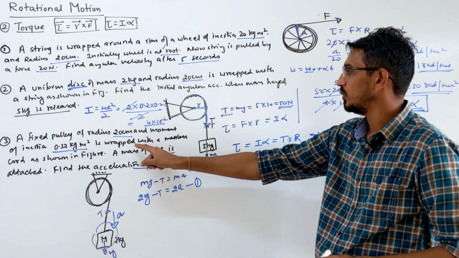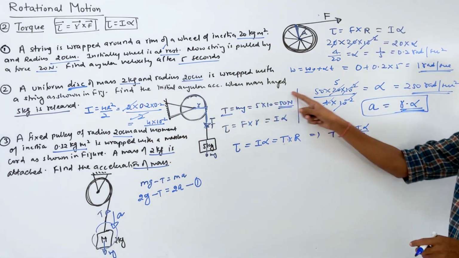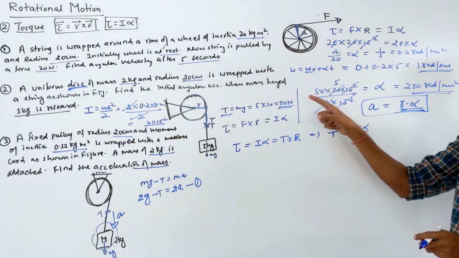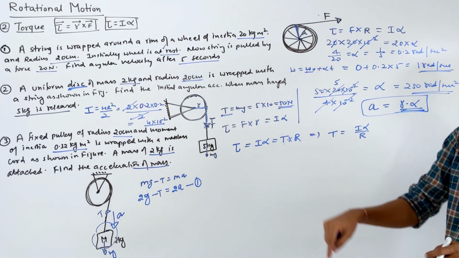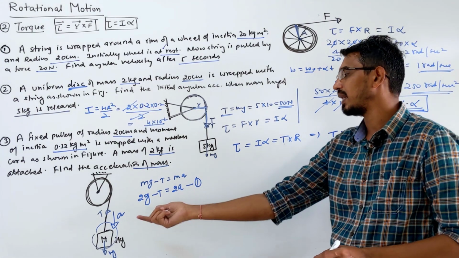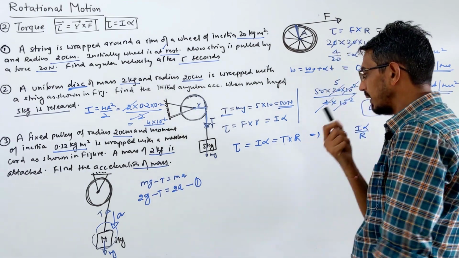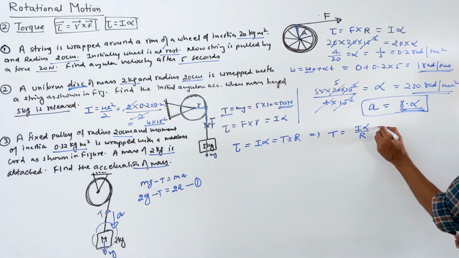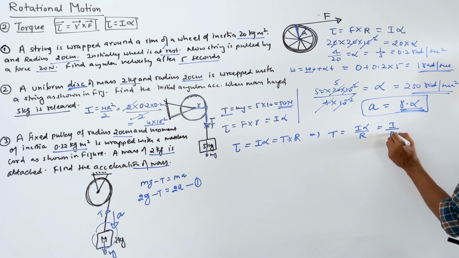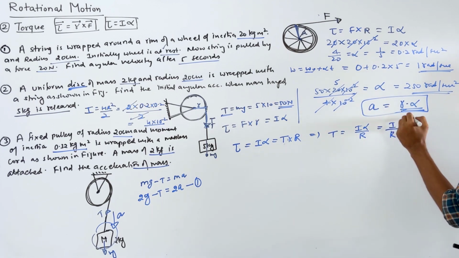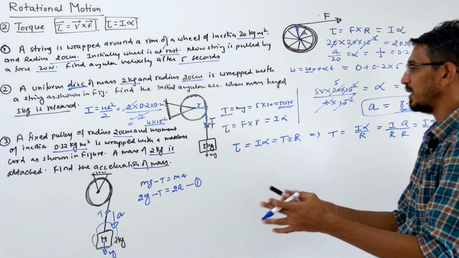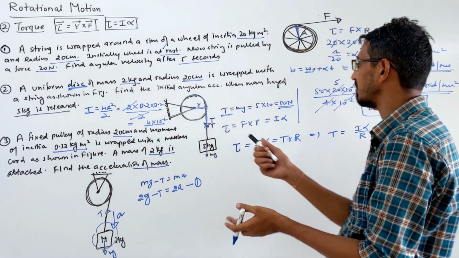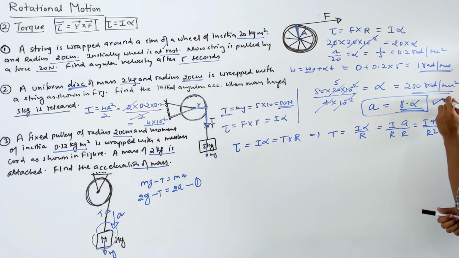So in this question you can calculate the answer that way. You calculate alpha the exact same way, then you calculate linear acceleration, radius into alpha, that gives the direct answer. I have started a different way, let's do it that way. I is known, radius is also known, I don't know alpha, so I can write alpha as a by r. So this becomes I a upon r square. I started a little long method, but you have a shortcut method, directly do it that way, that's the direct answer.